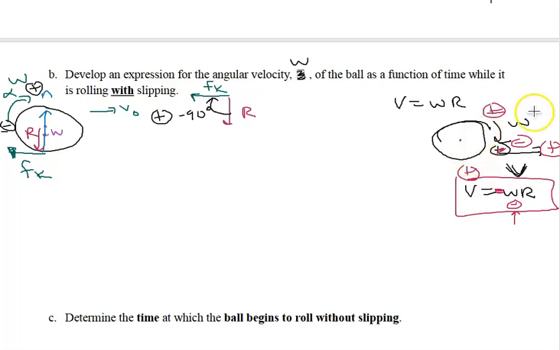It's tricky. That is why it is easier to just say these things are arbitrary. So let's call to the right positive because it's moving to the right. Let's call clockwise positive because then V equals omega R. All the motion is positive. And I don't have hidden minus signs. Okay, so all of that is to say that